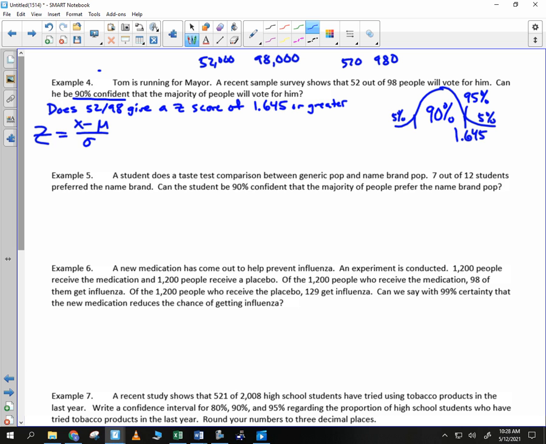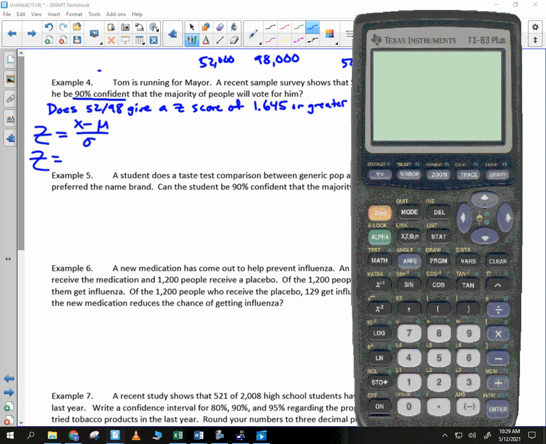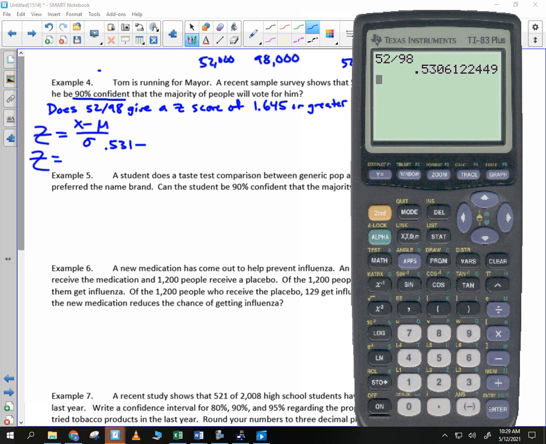Now, the letters are just a little bit different in terms of what they mean now than what they did earlier. Z is equal to, x is the observation. What we've observed is that 52 out of 98 people like Tom. Let's come up with a percentage for that. How do we come up with a percent? Or we can just divide them, right? 52 divided by 98. So like 53% of people like Tom. We're going to go to 3 decimal places, so we're going to go 0.531. So we got 0.531 minus,